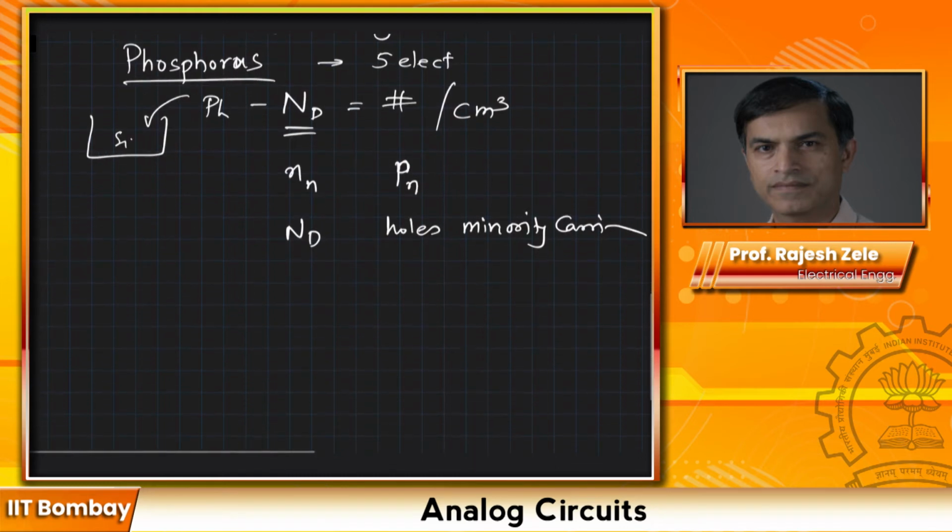Okay, and Nd would be, the donor elements would be the majority carriers. So why am I telling you all this stuff? So the interesting part is,